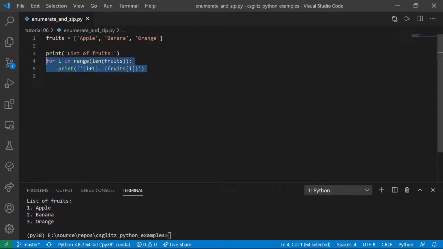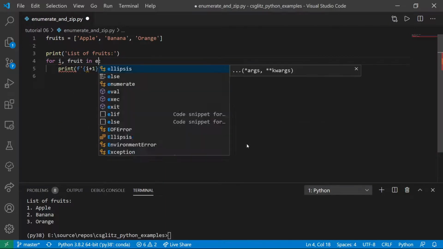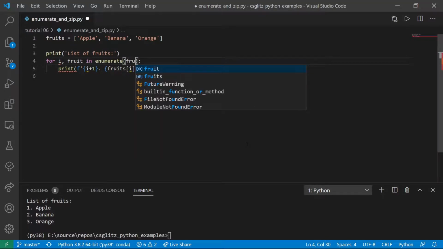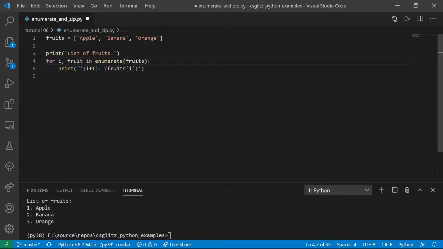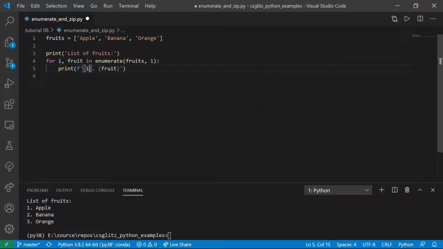Now we lose the good structure. If we want to iterate on some objects alongside a counter, we can use the enumerate function. This will return two items, an integer and a value. The value will be taken from the iterable and the counter will increase by 1 in each iteration. We can change it to start the number from 1 instead of 0, so we don't need to add 1.